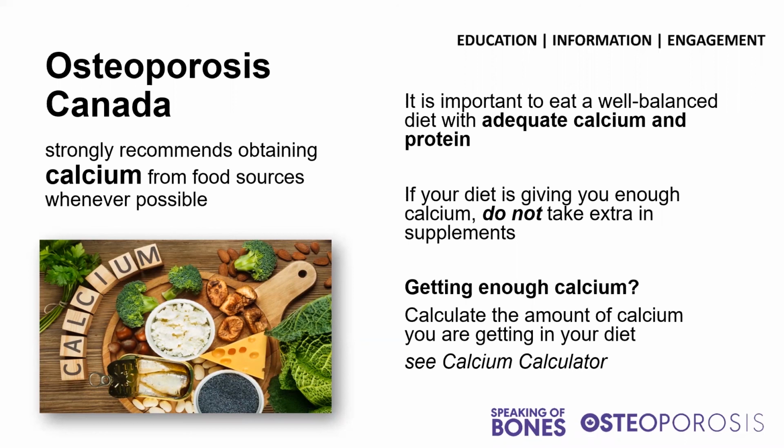So for example, you can add 300 milligrams for any of the following foods: a cup of milk, a cup of fortified soy, rice, or almond beverage, a cup of fortified orange juice, about 3/4 of a cup of yogurt, or half a cup of salmon with the bones in. And that's something that's quite controversial when we do these presentations. Some people really don't like having those bones in their salmon, but if you can do it, we recommend it. It is good for your bones.